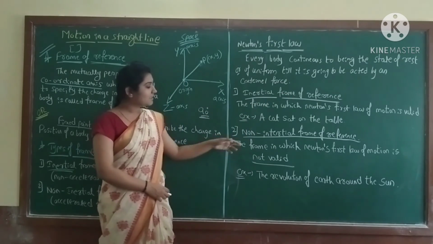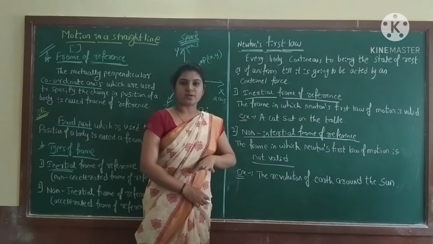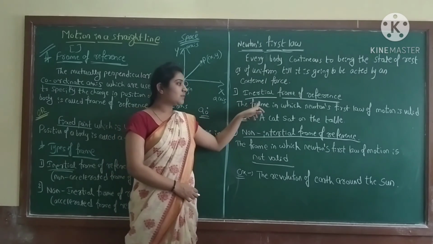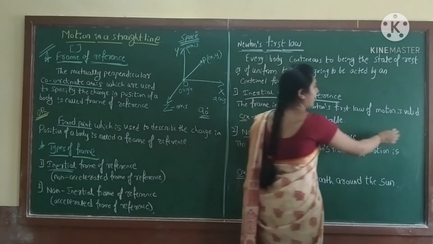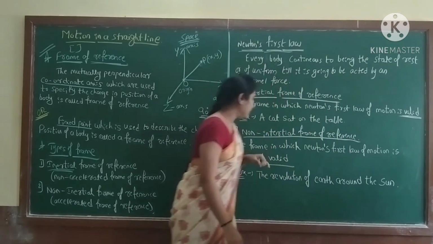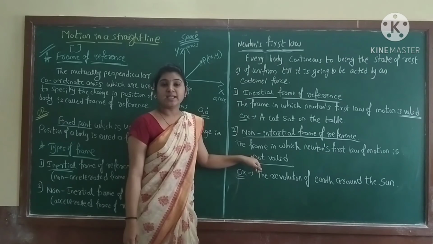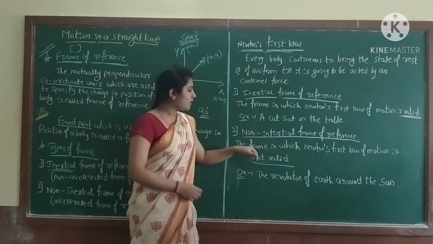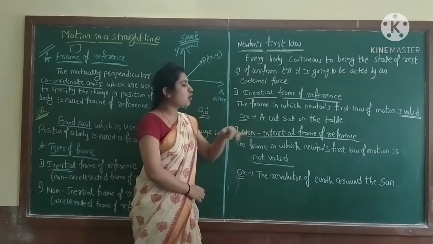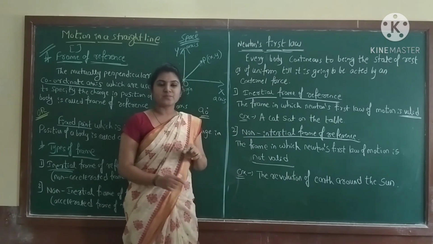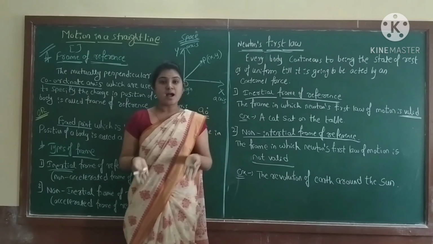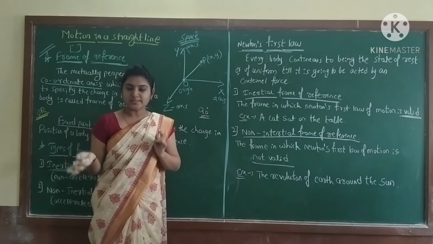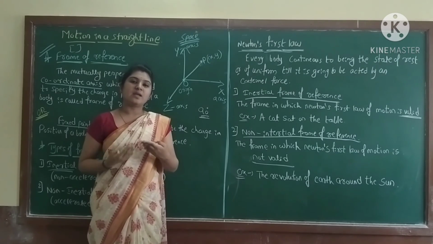The next one is the non-inertial frame of reference. That is, opposite to this. Here Newton's first law is valid, but there it is not valid. That is, it is not present, it is absent. So a frame in which Newton's first law of motion is not valid. That is not considered inertial, so it is a non-inertial frame of reference or else accelerated frame of reference,